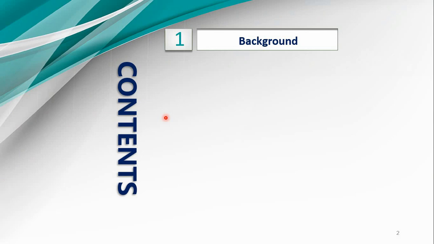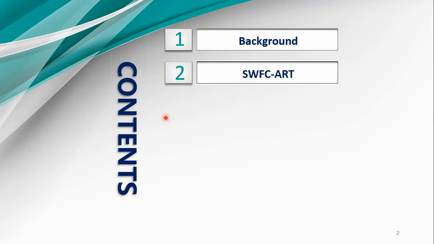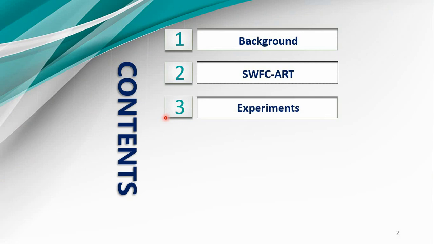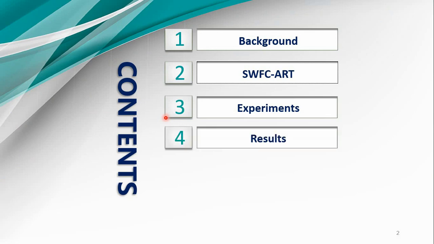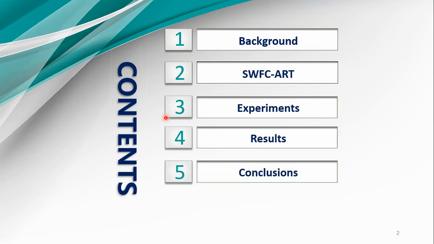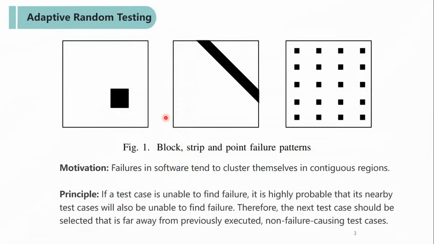First of all, I will give background of the research, and then I will present the proposed method, and then I will give the details about experiments and results, and then I will conclude the presentation by giving answers to the research questions. Adaptive random testing is an extension of random testing, which is based on the motivation that